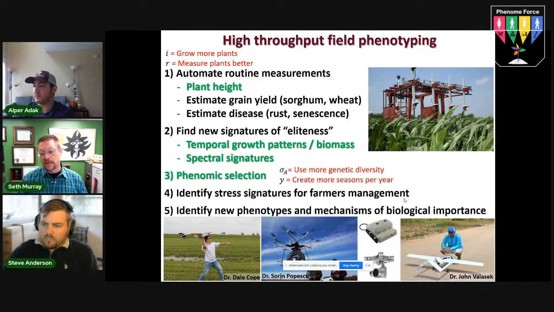And so that really is an exciting opportunity to look forward to. And then what's really cool about this from the basic biology standpoint and from the applied farmer standpoint is these signatures we find, whether through phenomic selection or signatures of eliteness, can be used for farmers to better manage their crop through stress, or it might be useful for identifying new phenotypes of biological importance, right? So instead of letting a growth chamber study dictate what an exciting new trait is, maybe we can discover it